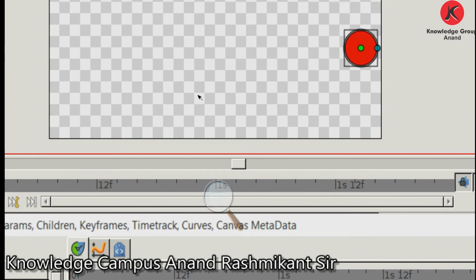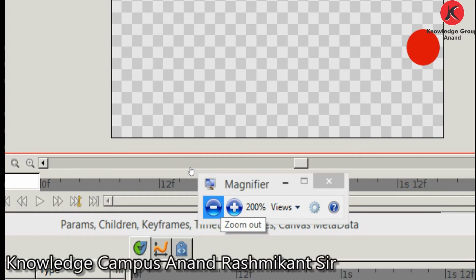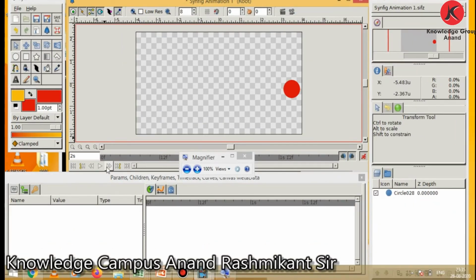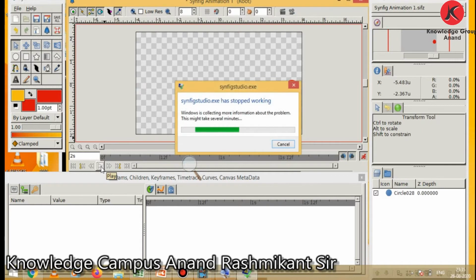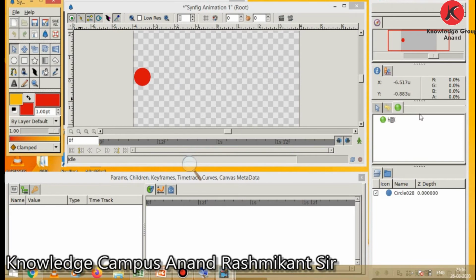Okay, now our animation is ready. You can see it by using the play button here. So now we will play it. When you play it, it will show like this. You can see. So it is a frame by frame animation, and it is slow and tedious. Now we will move to our second type of animation, that is tweening, tweening motion, or we can say it's sad animation.